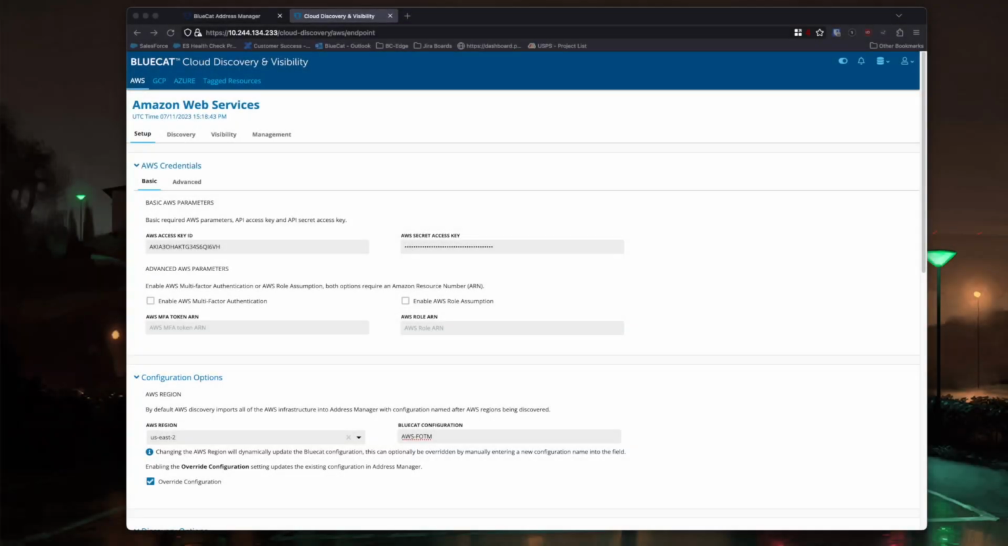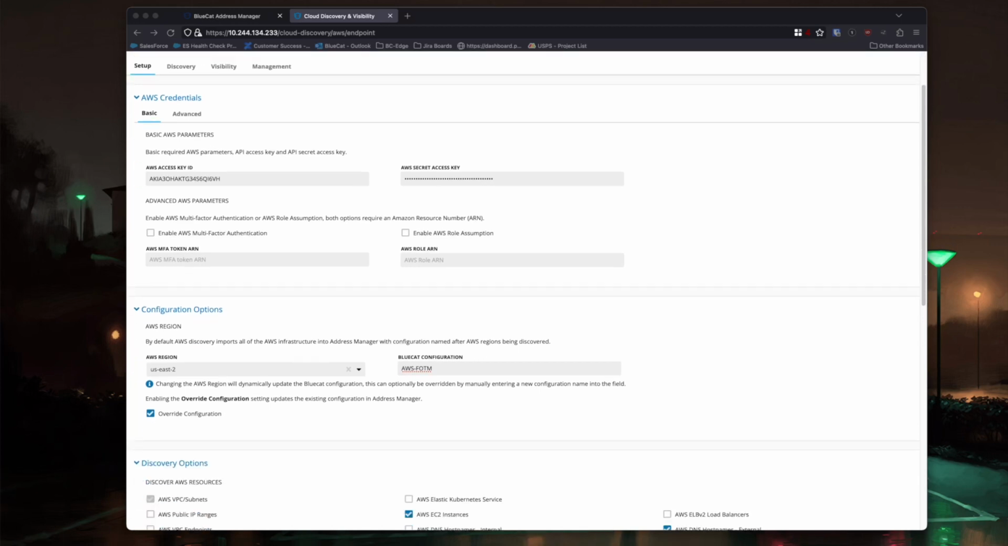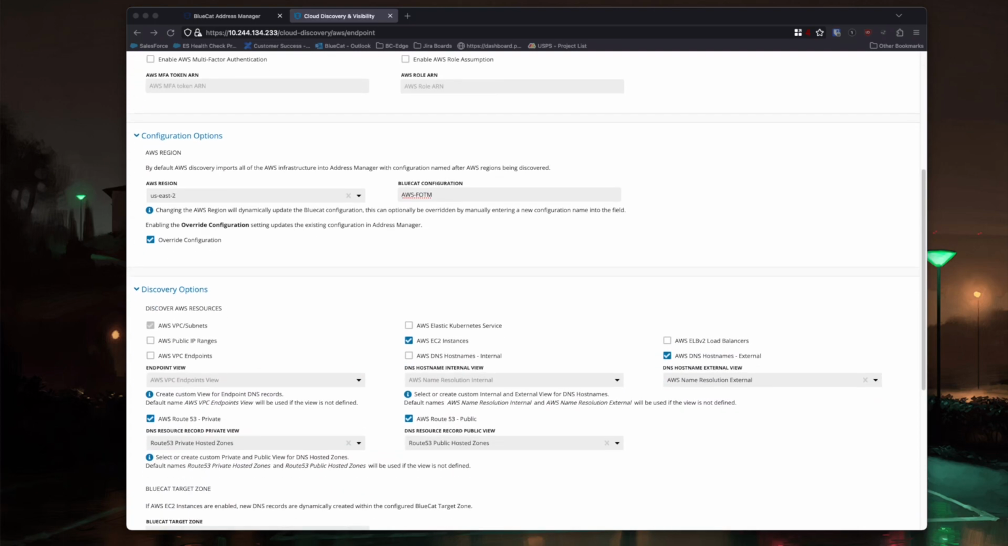In this demo, we're going to show how Cloud Discovery and Visibility and Address Manager integrate together to display the resources that are stored in AWS in this example. So to start, we're going to configure a discovery process. We put in our AWS access key and our secret access key. Then we're going to configure the region that we're going to scan. In this case, we're going to scan US East 2, and we're going to call the BlueCat configuration